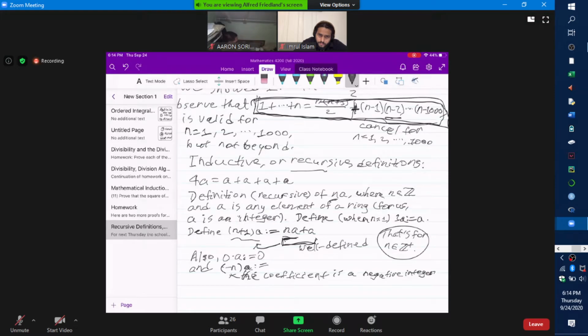The laws of signs in integers work, but again, this is actually more general. What I'm about to write is certainly true for us with integers, but it also goes beyond that, and you can guess what it is. In this circle over here, we already know the definition of na when n is a positive integer. So let's make n a positive integer, but multiplied by negative a. And again,